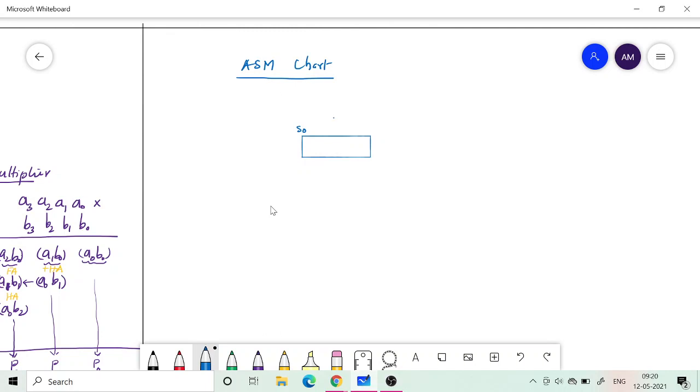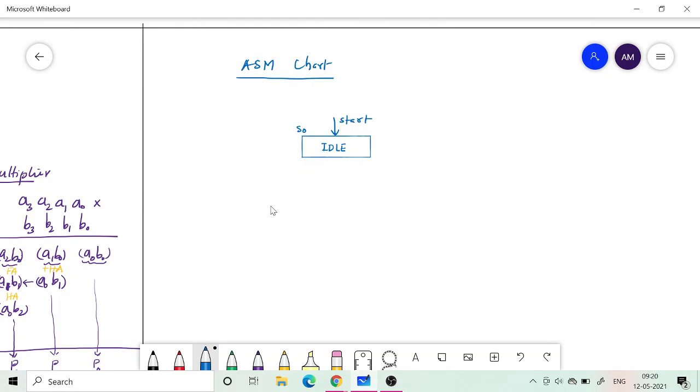It has an input, start, and it just remains idle. So S0 is basically an idle state, doing nothing, waiting for the start signal to come.